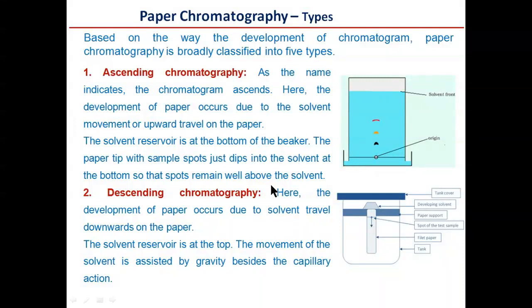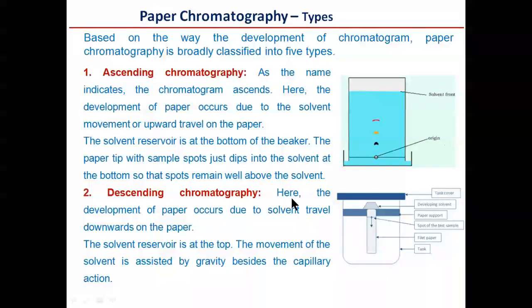We have the descending chromatographic technique as well in paper chromatography. Here the paper is a supporting material, on which water molecules are absorbed, acting as a liquid mobile phase. Ascending chromatography works under the influence of capillary action. Descending chromatography works under the influence of gravity.